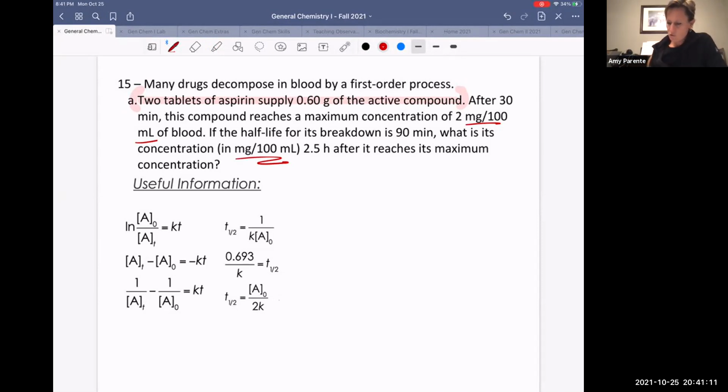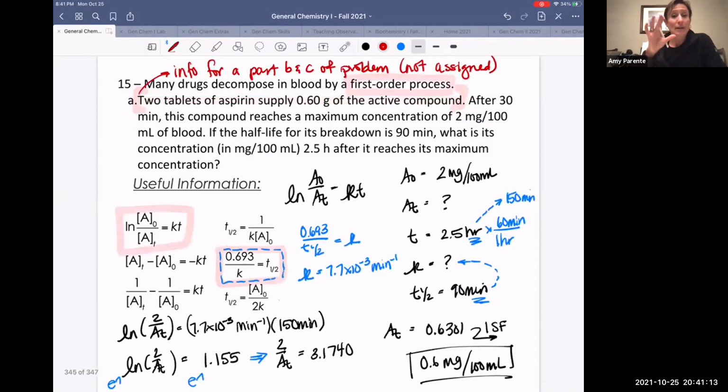Okay, here's the worked out solution. Okay, I know there's a lot here. I'm highlighting here information that we actually don't need to solve this problem. So we already kind of indicated that. It's a first order process. So we're going to use this equation. And they give us the half-life. So we know we're going to need to use this equation in order to get the rate constant, because the